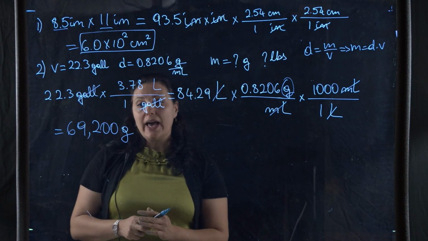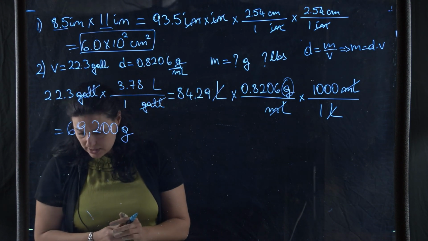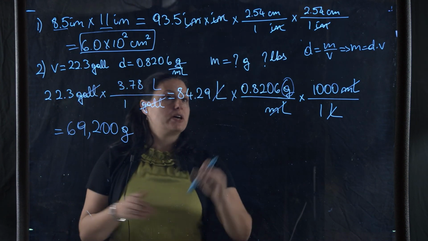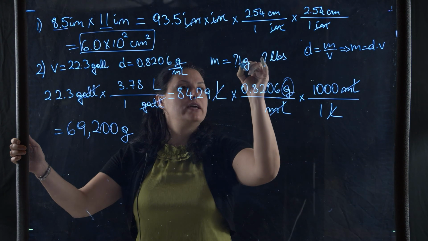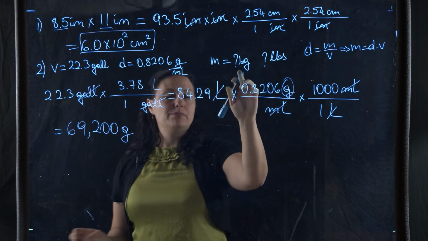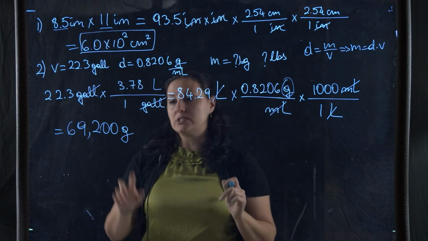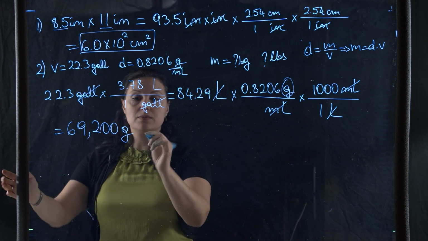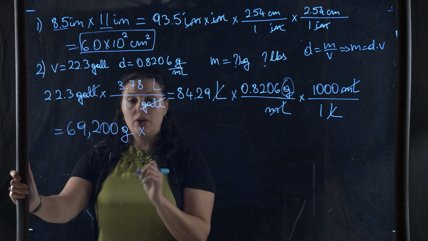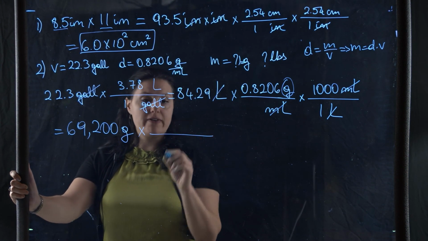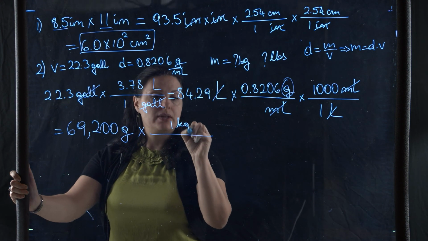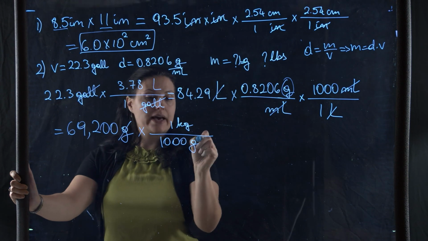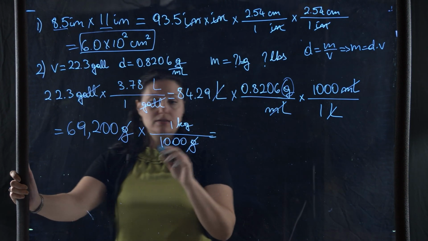Okay, so now I have the mass in grams. It wants me to convert it to kilograms because, I'm sorry, I actually wrote it wrong. It wants me to convert it to kilograms and to pounds. I have it in grams, which means that I have to convert this to kilograms. If I multiply, so this is my conversion factor, 1 kilogram has 1,000 grams. That means that this will give me, divided by 1,000,